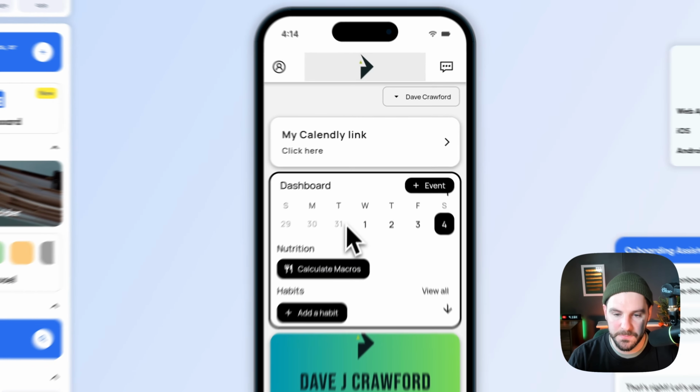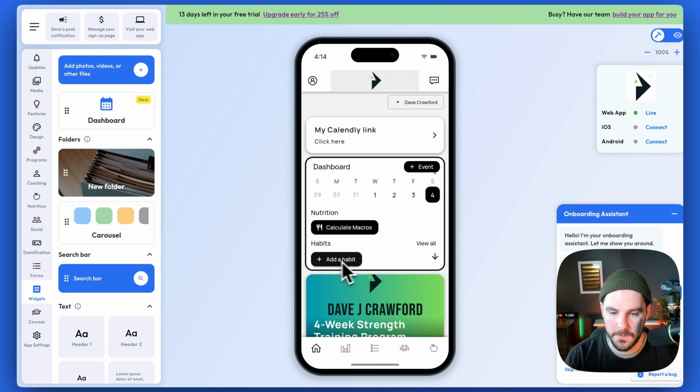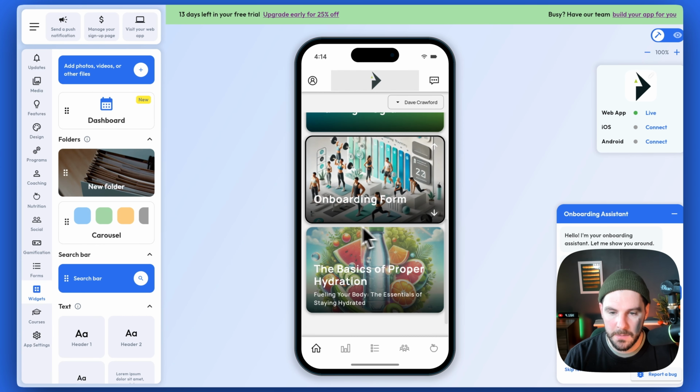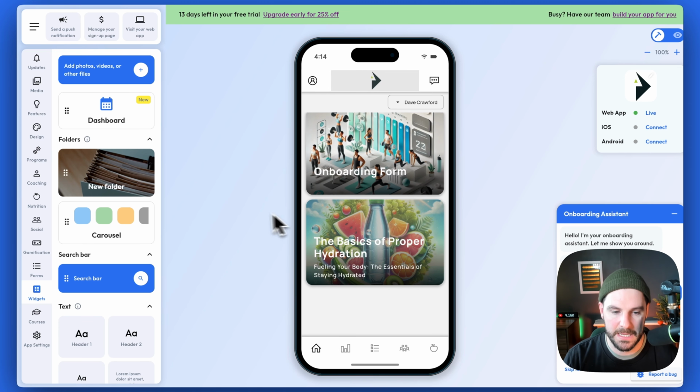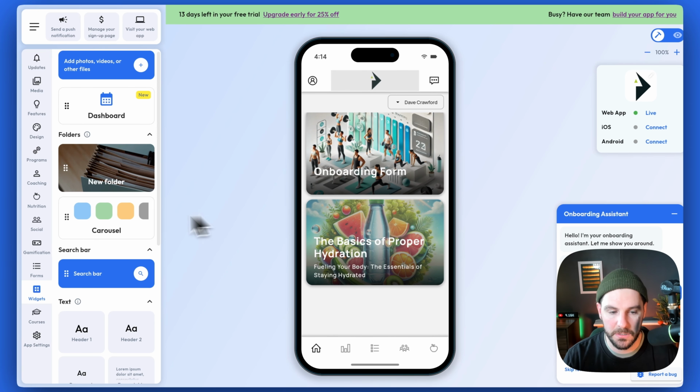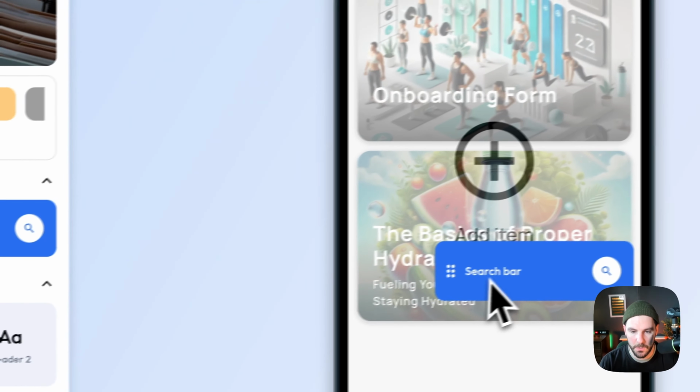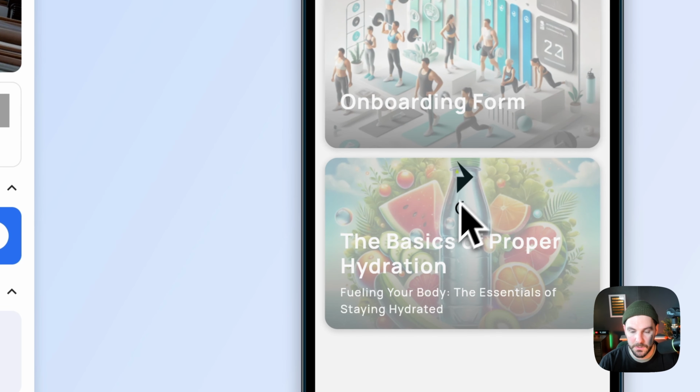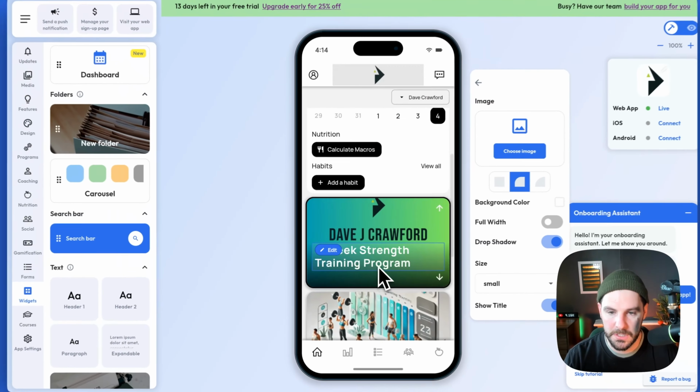So you'll see on my homepage, I've added, say, the dashboard so they can see kind of calculate macros. We can obviously add in habits there. And then we've got my program here, my onboarding form, and then a course here as well. So you can add in the different widgets, customize it. It's really dragging and dropping over. So we can add obviously the search bar into here if people want to search, and that'll just add in